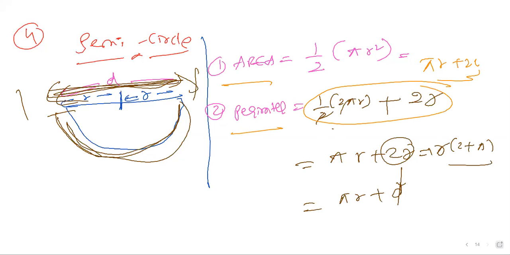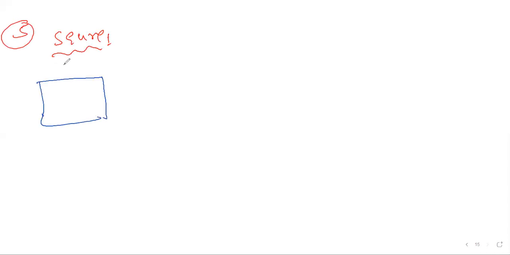Now it's clear, volume. Now switch on to the fifth one. What is the fifth one? Now take square. I'll take a square. I told you it is a four-sided figure, a four-sided figure having all equal sides. All are equal sides. I'll take the sides as a. You can take s, no problem.